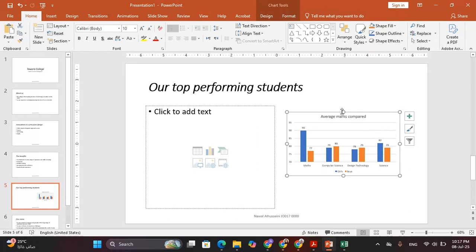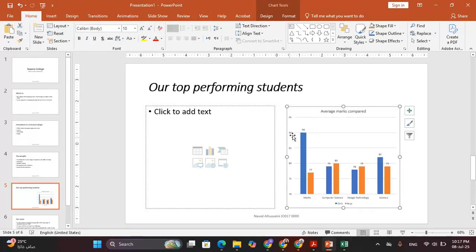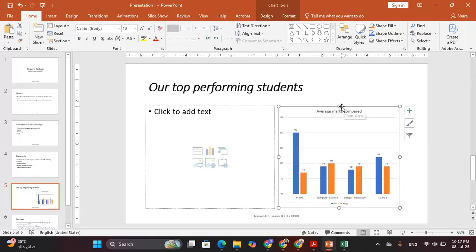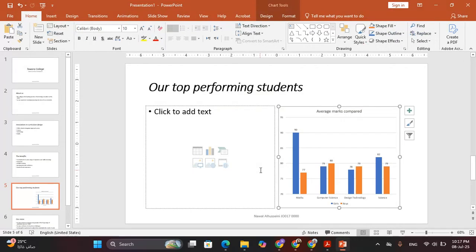Okay, so I have to just a little bit increase the size of my chart so that all the details have to be 100% accurate. Okay, just make sure to increase the width or the height of the chart so that everything is visible. Okay, now you can just close the Excel, no need to save it if you are done with the